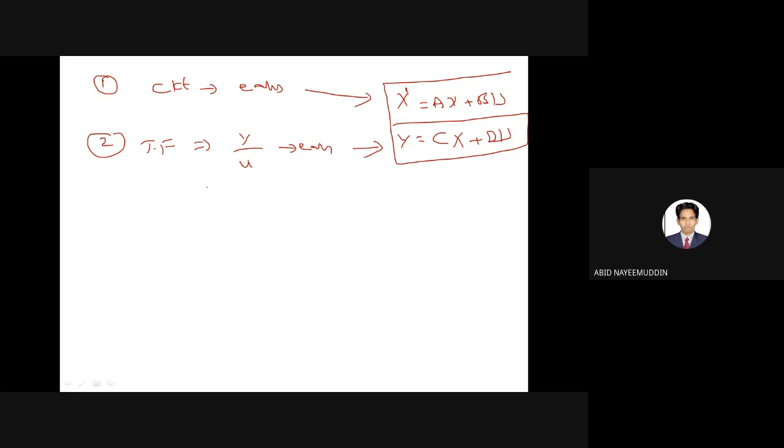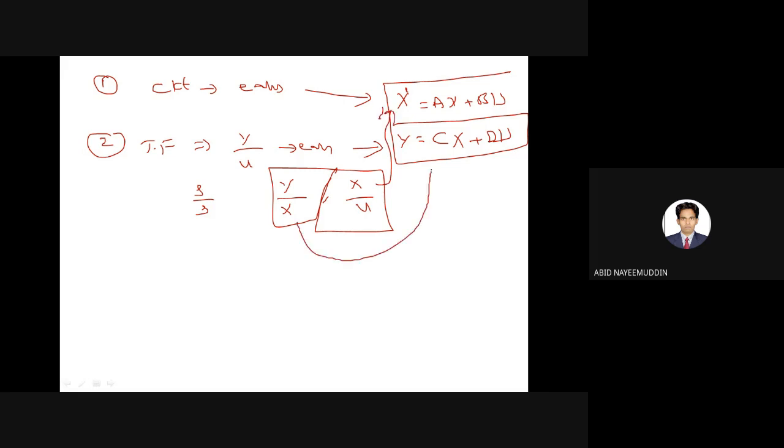Now if he has given both numerator and denominator s terms, then you separate y by x, the output with respect to state, and consider output and input separately, and write the expression separately as I have done in the previous problem. So this will give you the state model for the state variable, and this will give you the expression for the output variable. Now finally, the last model in this representation is where he will be giving you